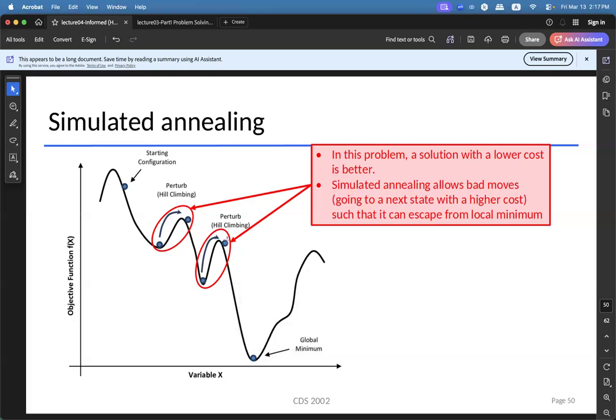So this is the idea of simulated annealing. We reintroduce some bad moves during the search, such that when it gets to the local minimum right here, it can escape. But the next question is, if it is already very close to the global minimum,